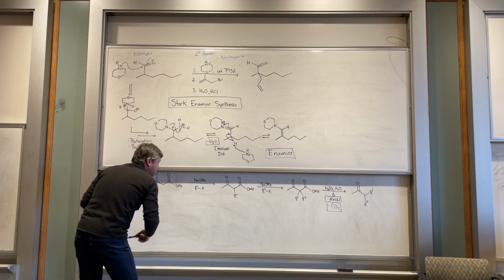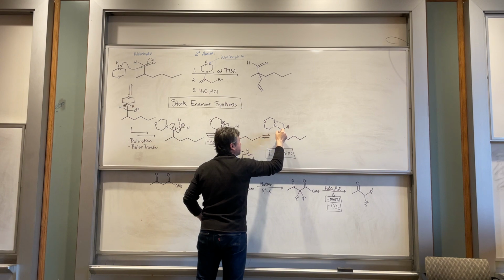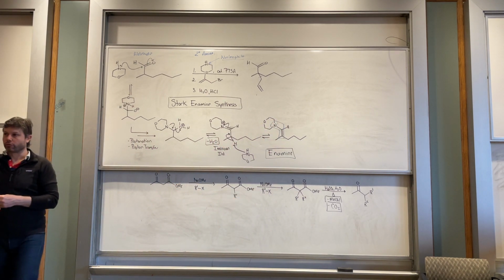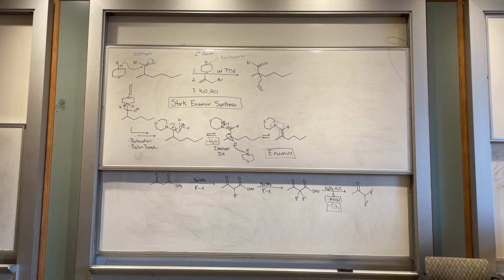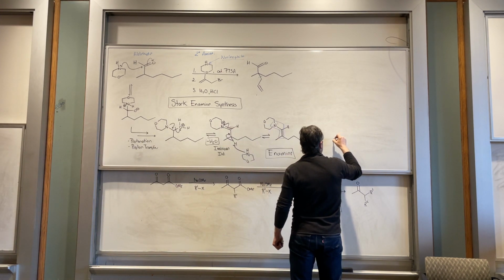So when we focus on this enamine, we have our nitrogen with a lone pair, so a heteroatom with a lone pair, and that's next to an alkene, or next to a double bond. What does that look like? What functionality does that look like? Something we've been using recently. Enolate. Good, it looks a lot like an enolate, right? So if we compare this to an enolate of that aldehyde,